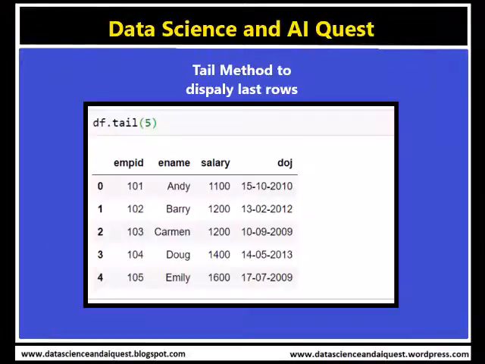So this has df.tail, and within this tail method we have 5 as one input. So we can see the trailing 5 rows of the data frame.